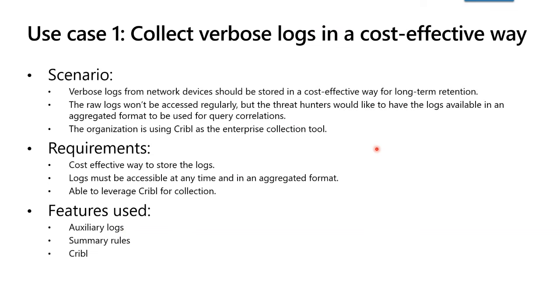Yes. For our first use case, we'll focus on achieving cost-effective log storage, while also making sure that the data remains accessible and ready for threat hunting purposes. We handle large volumes of detailed logs from various network devices, and we will use Cribl as a collection tool for these logs. We need to store those logs long-term. Imagine it's for auditing purposes. Naturally, we want to do this as cost-effectively as possible, especially since we don't think we will need to access these logs frequently. But on the other hand, we are also still interested in a summarized